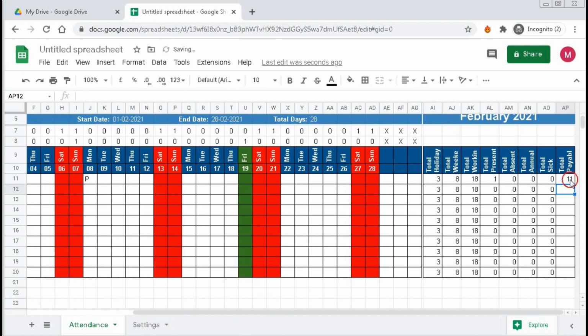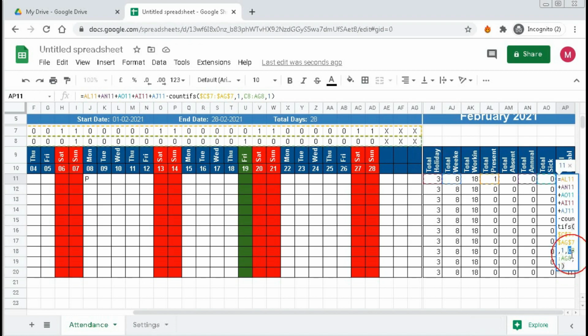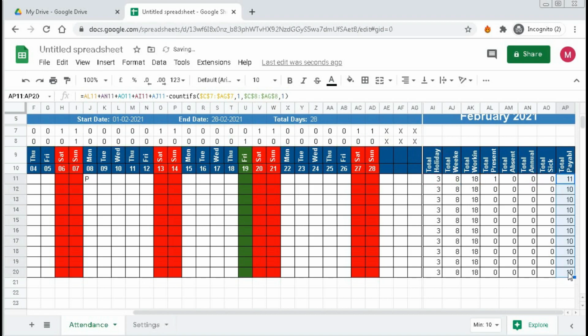So total payable days is 11. Then drag this, here we have to lock it with F4. Yes, now drag this till the end. So we have here 11 payable days and it is 10 because we have one present here.